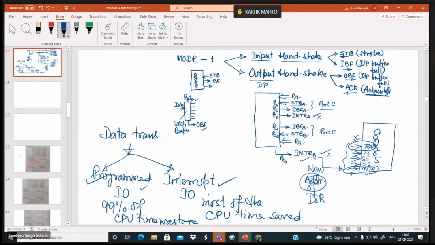Because when you say interrupt, it means you want the ISR to be executed. So the ISR will be executed in this case only when you provide the address. And you will also remember that INTR is not used alone. It is used with INTA. Okay, and the address we are using has two options.